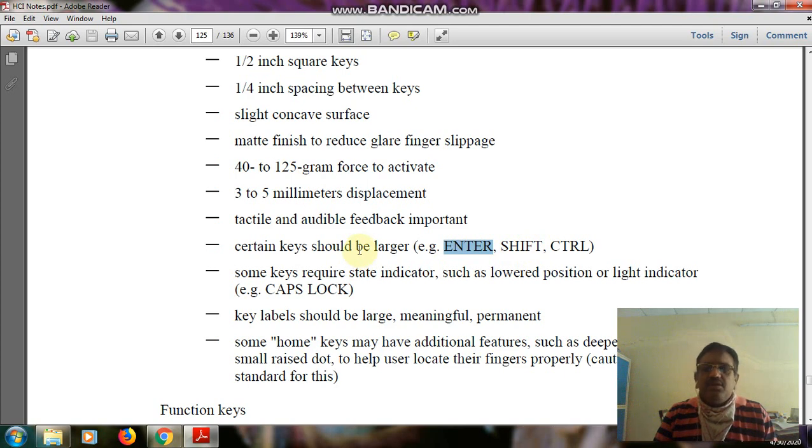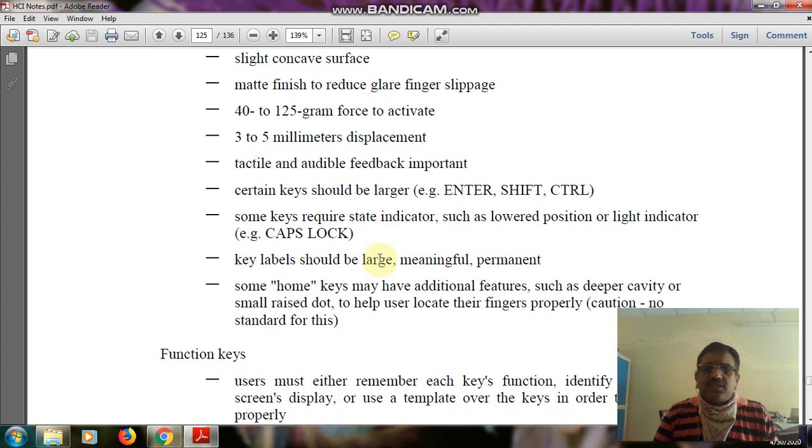Some keys should be very large, and some keys are required to indicate a state. Example, caps lock. If you turn on the caps lock, then capital letters will be typed. If you turn off the caps lock, no capital letters will be typed on your computer. Like that, it shows the state indicator.